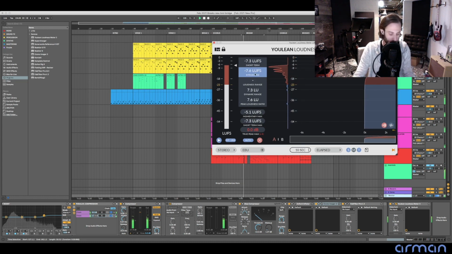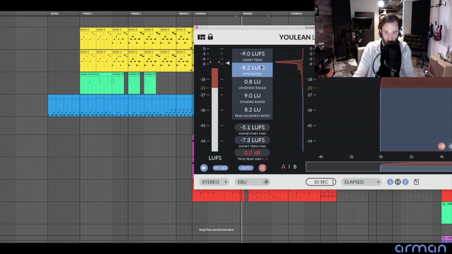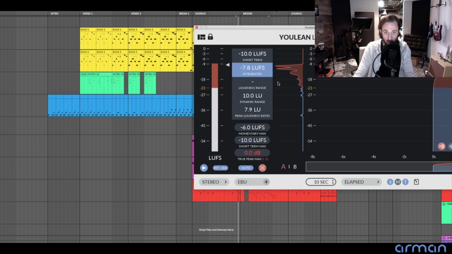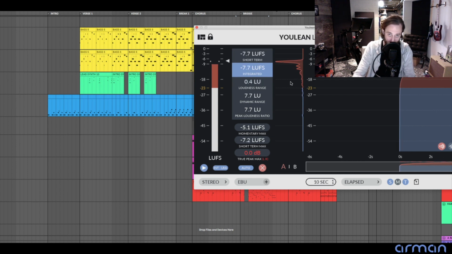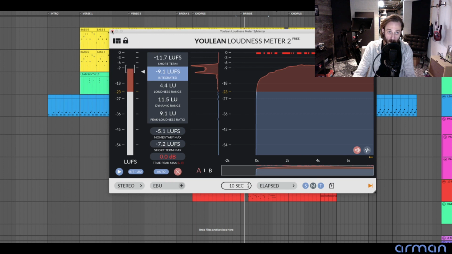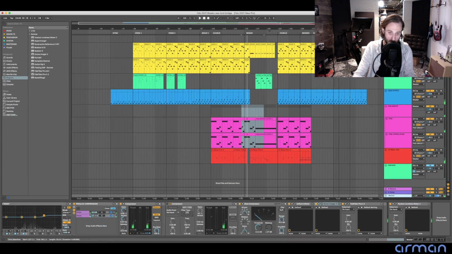You want to watch the integrated LUFS. LUFS stands for loudness units full scale, I think. Basically, the integrated LUFS is the average output or average gain during the song over a period of time, so that's why it's changing in real time. But you can see it's averaging out to around -8 LUFS, which is loud enough, but